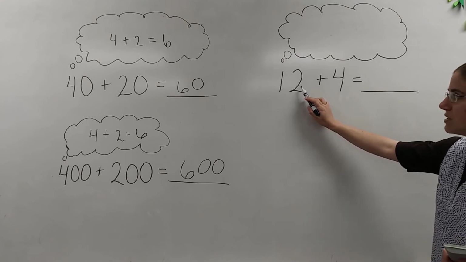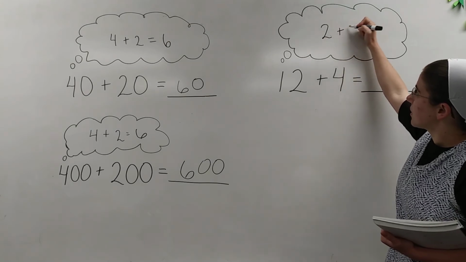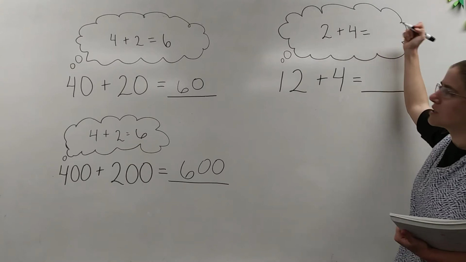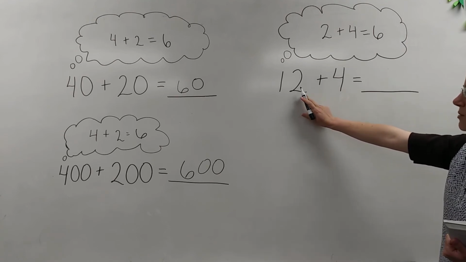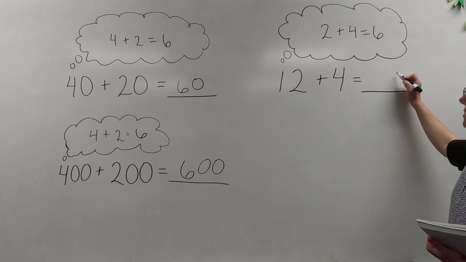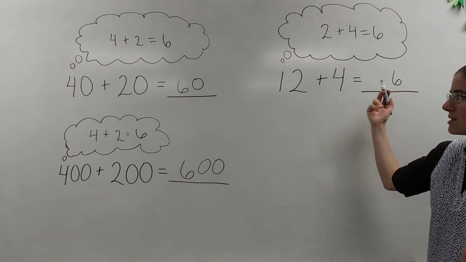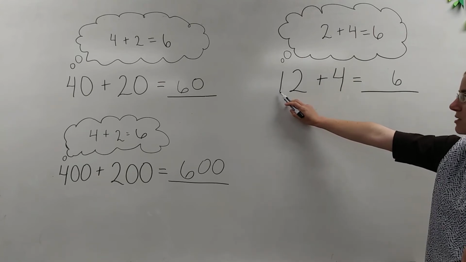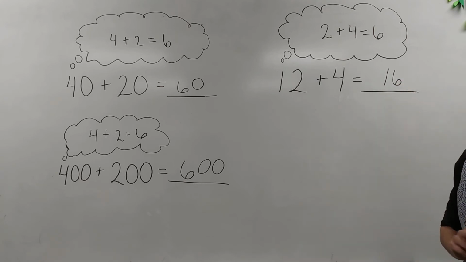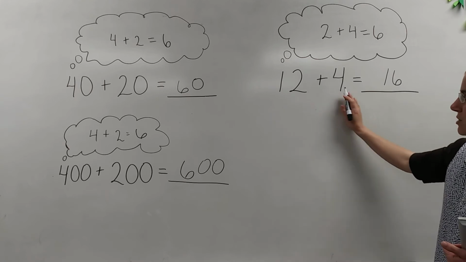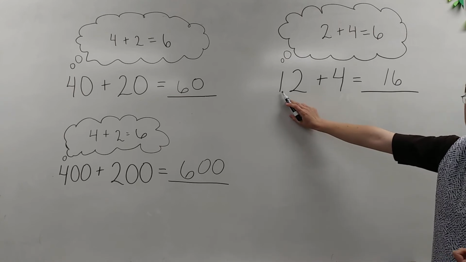So we can think, well, what is 2 plus 4? We are going to get really good at 4 plus 2 and 2 plus 4, aren't we? 2 plus 4 is 6. So altogether, we have 2 ones plus 4 ones is 6 ones. We have 6 in the ones place. And how many do we have in the tens place? Whatever digit is in the tens place over here. We have 1 ten. So our answer is 16. So you add the numbers that are in the ones place, and then simply write down whatever digit was in the tens place.